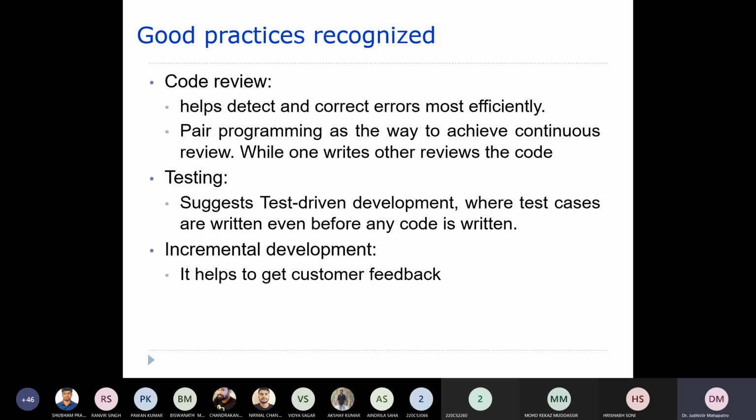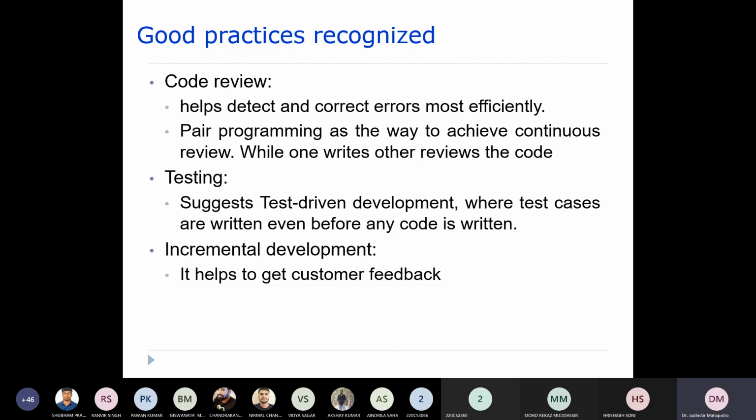Now, in which process model have you seen this, where these test cases are designed well before the code is written? Can any student answer? In which process model do we have this? Yes, V model.